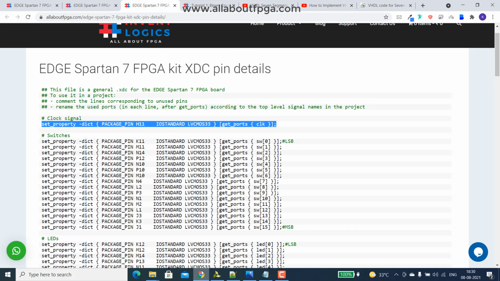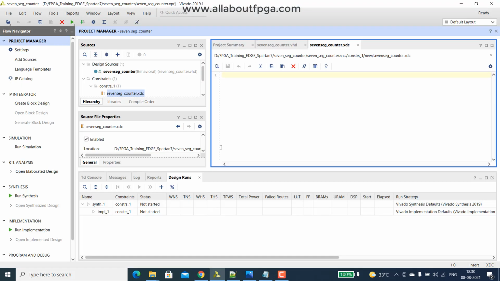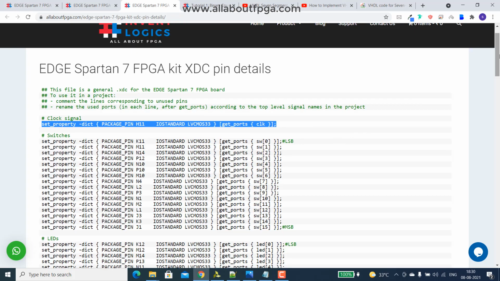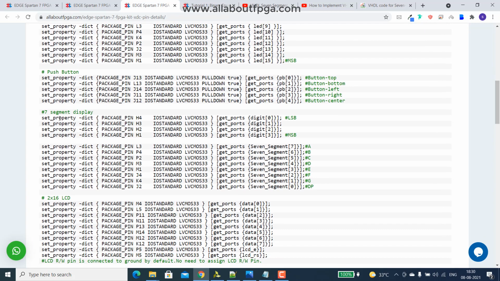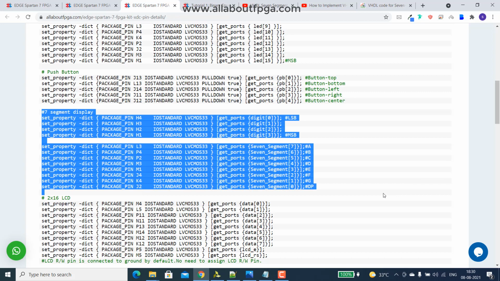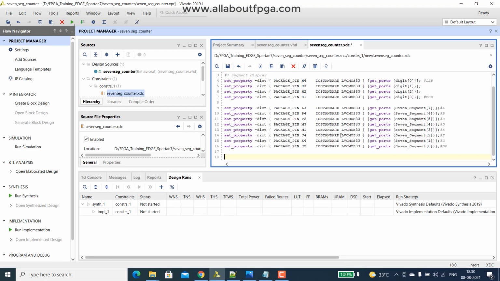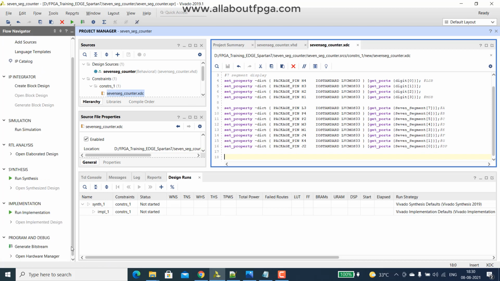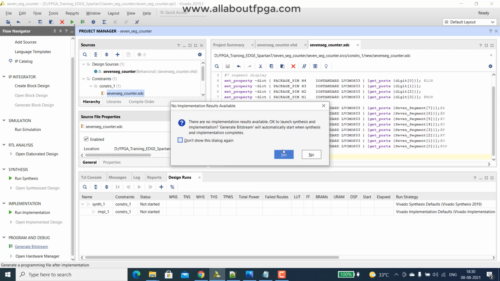So just copy the constraints for the clock, then we need the 7 segment part. So that's all. We can simply save and run this. Go.